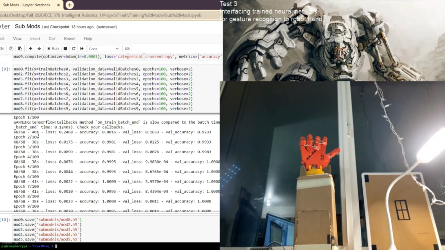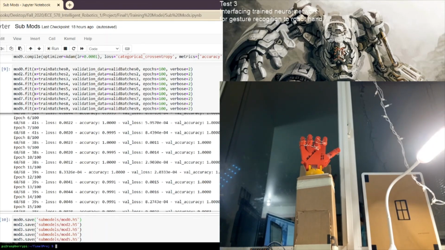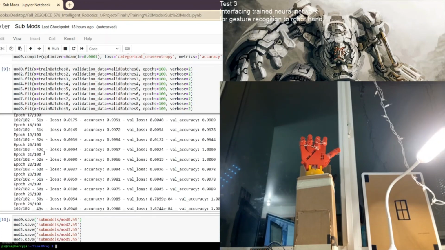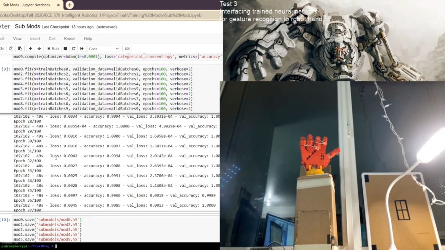If you can see, for each epoch, for only two gesture outputs, it takes about 40 seconds, and the second one, with about three gestures, takes about 45 seconds.